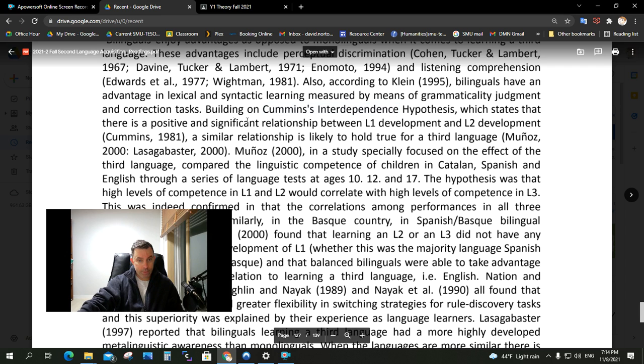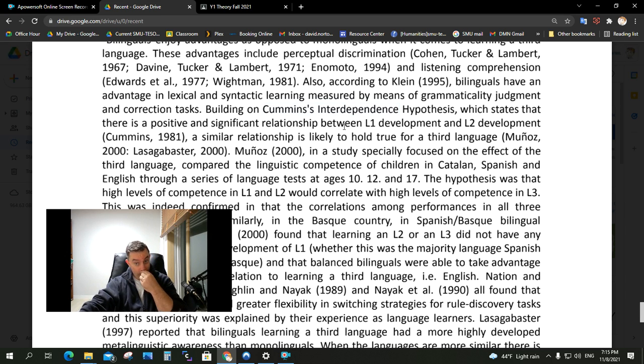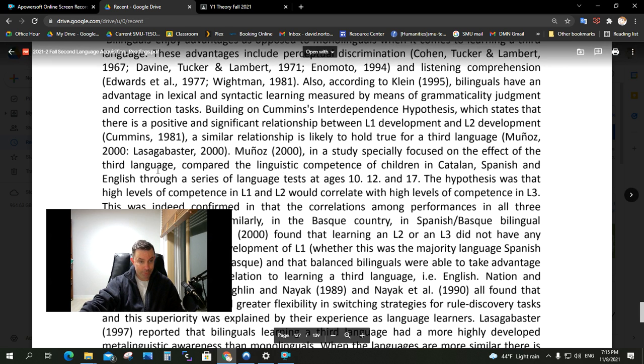There's a positive and significant relationship between L1 development and L2 development. A similar relationship is likely to hold true for a third language. In a study specifically focused on the effect of the third language,